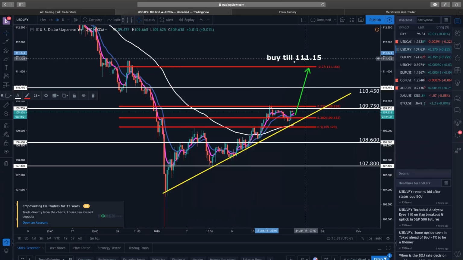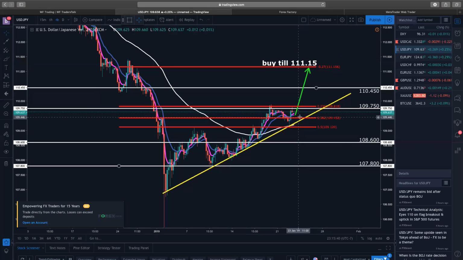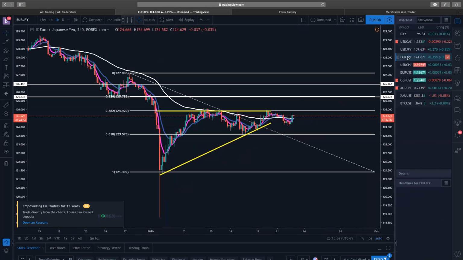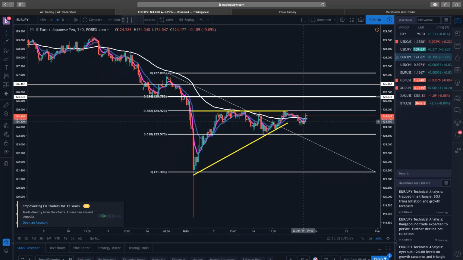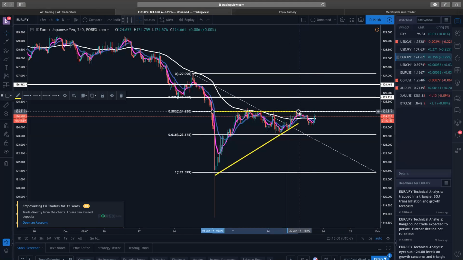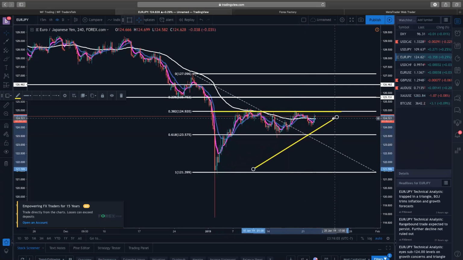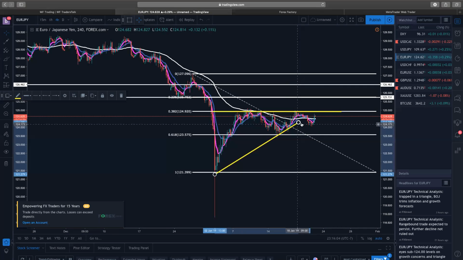Definitely seeing this pair going up still. Like I said, nothing about this is telling us that it's ready for the downwards direction. So we're just going to continue to keep pushing it up. Also, I'm selling gold right now. So with gold going down, I would like to see the dollar go up because that's usually how that pair works. Now, with EURUSD, one thing we could check out is